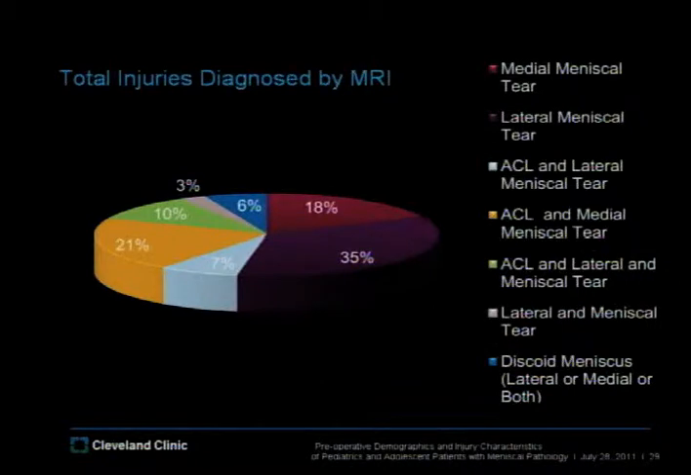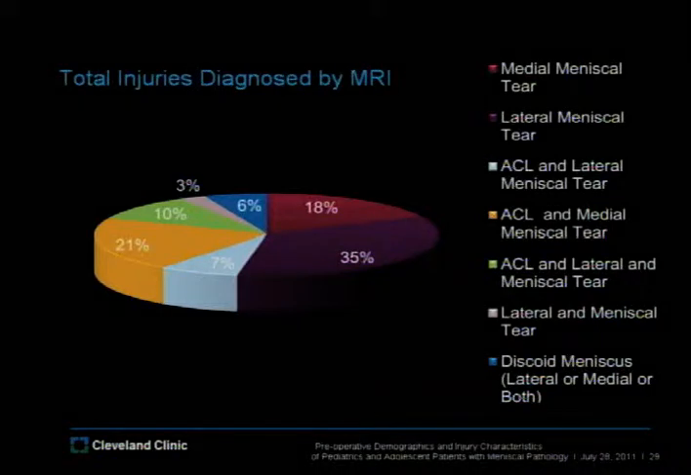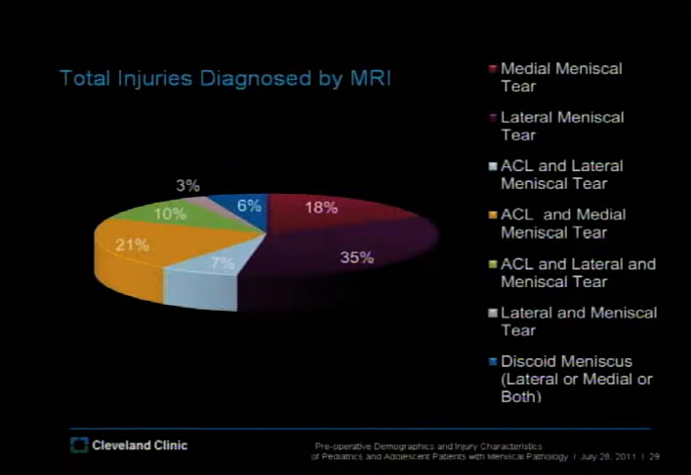This graph shows the injuries that were diagnosed by MRIs, and as you can see, an isolated lateral meniscal tear was the most common injury that was diagnosed by MRIs. The second most common injury was ACL and medial meniscal tear combined,